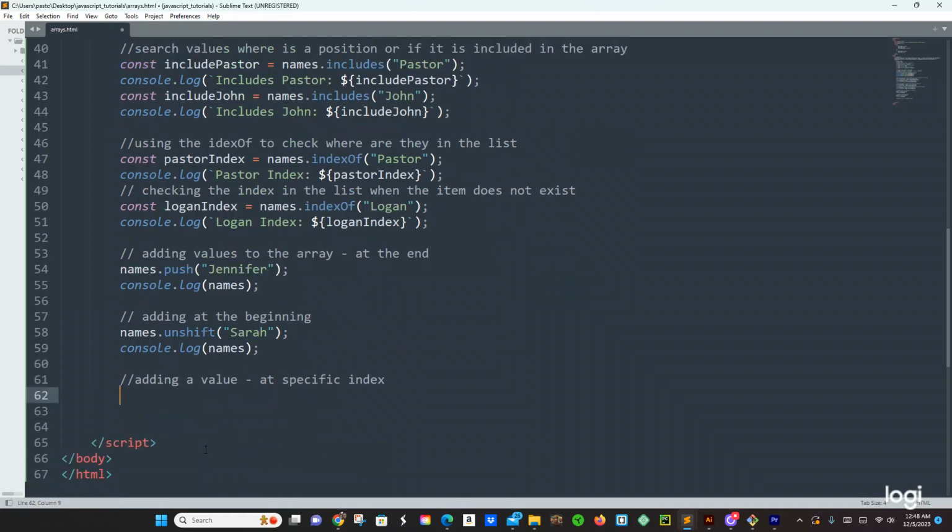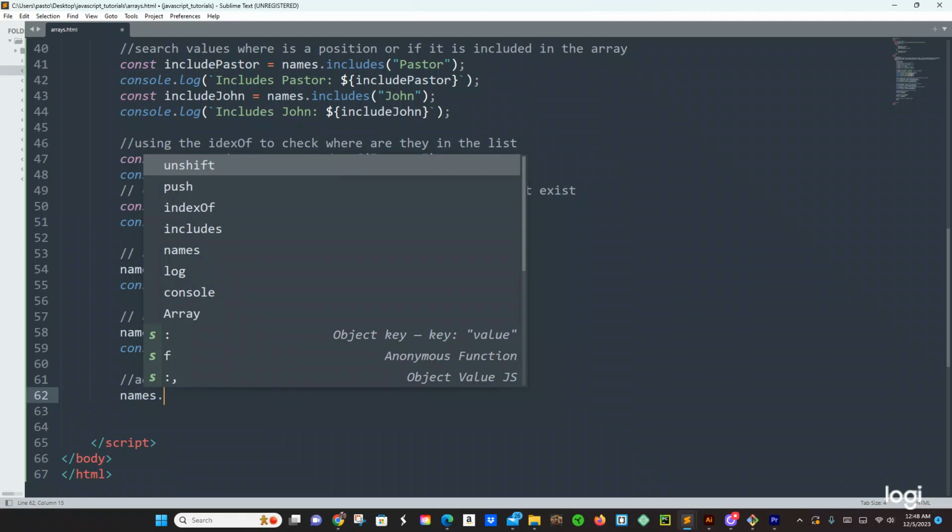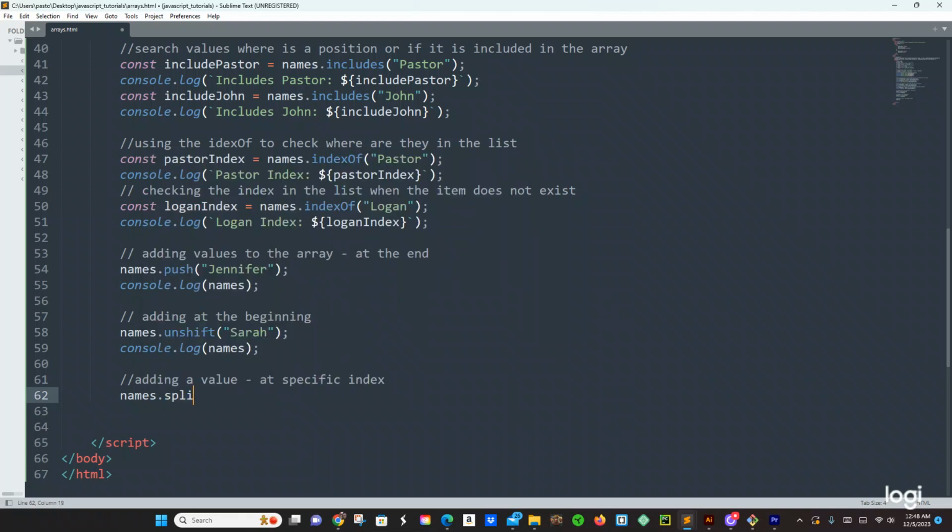How do we do that? We're going to say names.splice, and we're going to say 1 comma 0 comma, and we're going to add